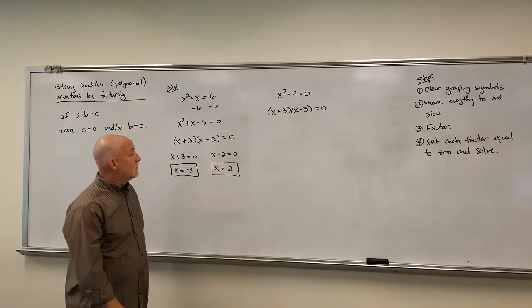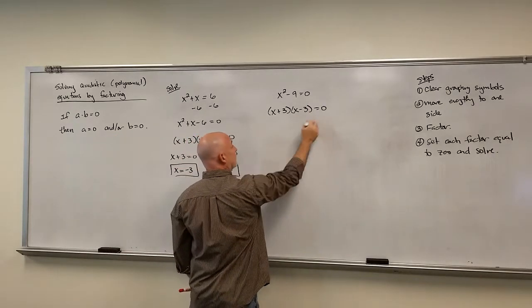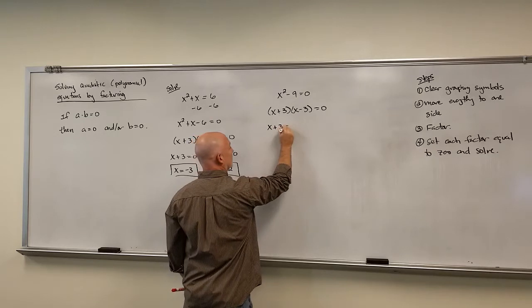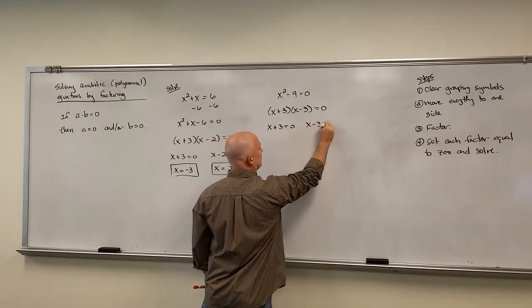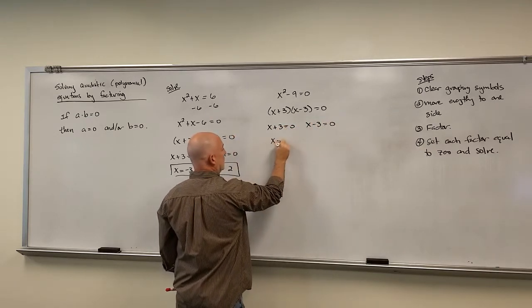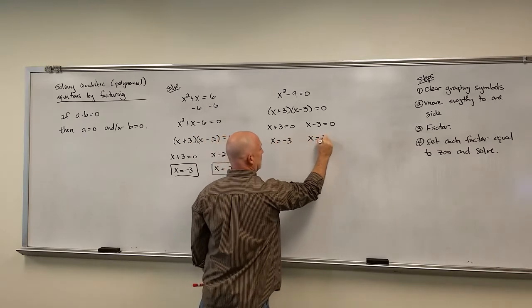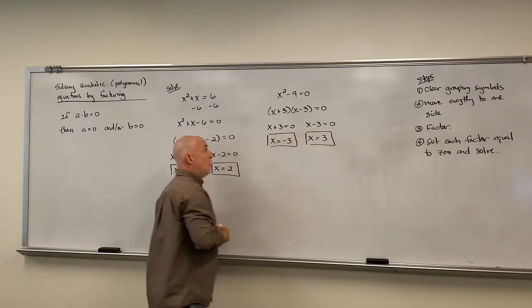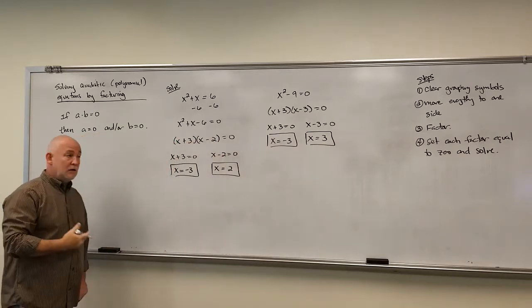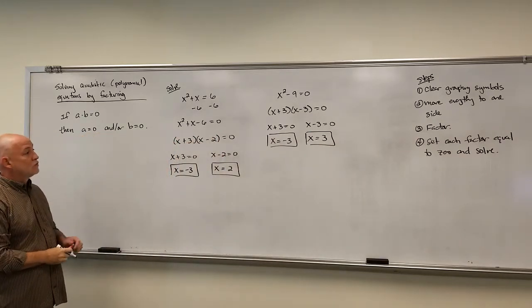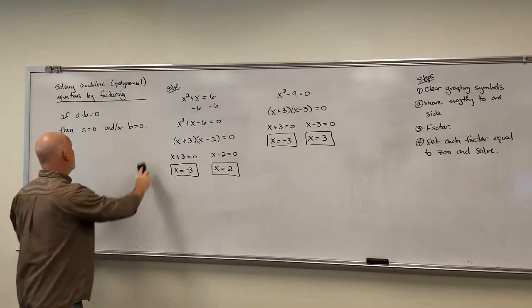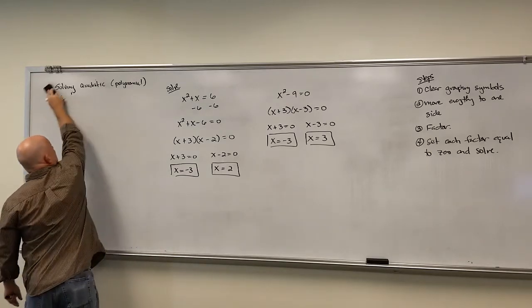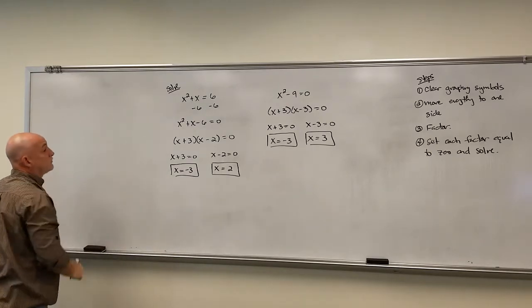Now that it's factored, here we have two things multiplied together equaling 0. One of those factors has to be a 0. So we get x minus 3 is equal to 0. Again, solving really quick, we get our two answers. Now notice that was nice, quick, and easy also. So see, factoring is the next quickest way to solve these. All right, going back this way just to give us a little bit more room. Let's say that we have